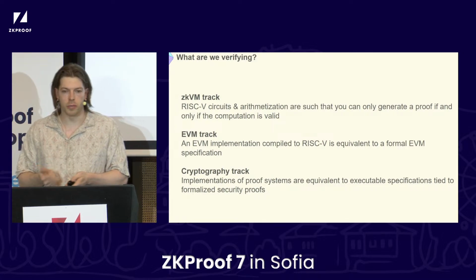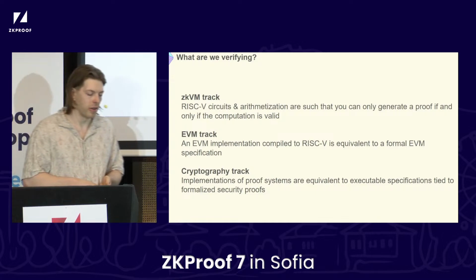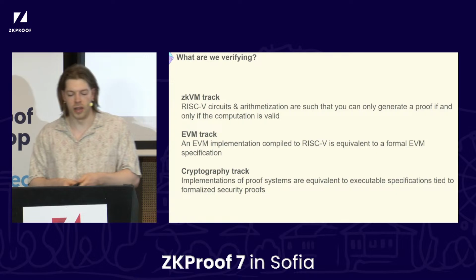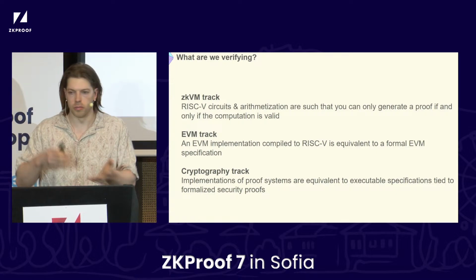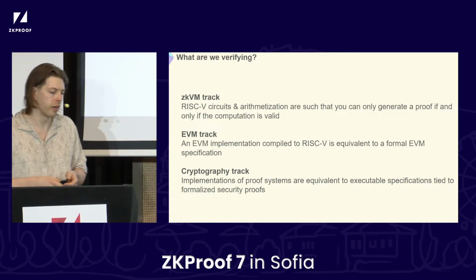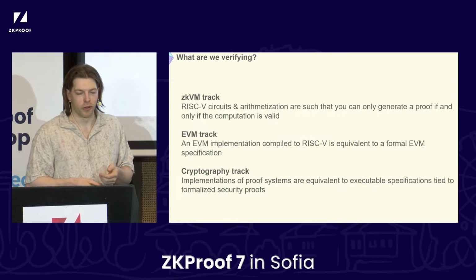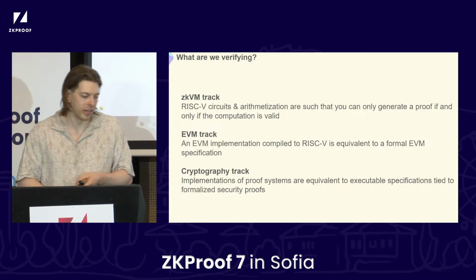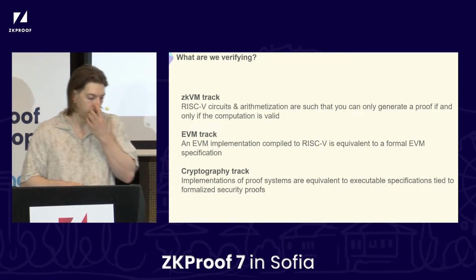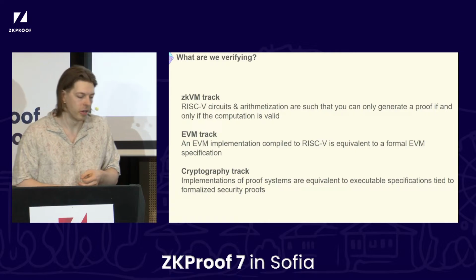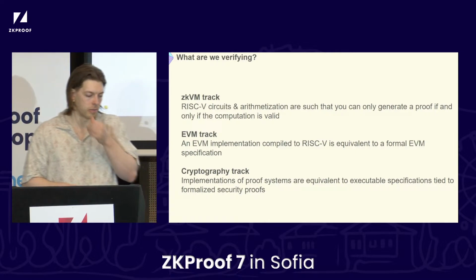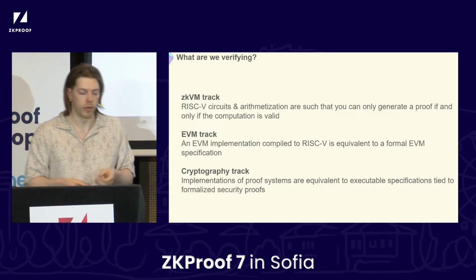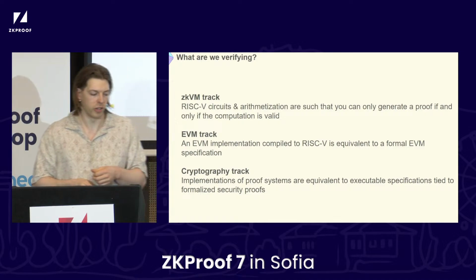The first is the zkEVM track. This one is somewhat self-explanatory. You're looking at the zkEVM. One big thing is obviously the circuit that is meant to implement or encode RISC-V semantics, or some other ISA semantics if you're using another ISA. You'd want to make sure that that circuit is correct, in some sense sound and complete. If you think of it in circuit terms, at least not under-constrained and not over-constrained. I'll talk a bit more about this in a second, but essentially you want to make sure that if you are going to get a proof, it's only for a valid computation.